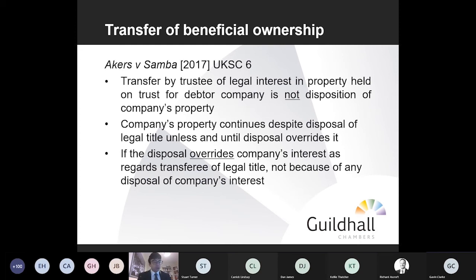Now, that's all jolly interesting legal discourse, but the practical consequence of that is simply this. In a case where a company which has entered liquidation was the beneficial owner of assets, and those assets were transferred by a trustee post-petition, you won't be able to look to Section 127, but you may well have other avenues of recovery to attempt to get in that property, either by way of a tracing claim, breach of trust, dishonest assistance, knowing receipt, and the like. But you have to look to trust law, not to Section 127 and restitutionary law, which we'll come to look at in a bit. That's been quite a lot for me.